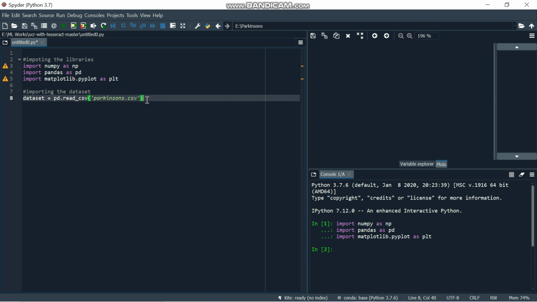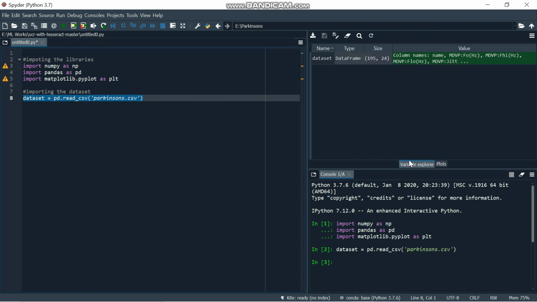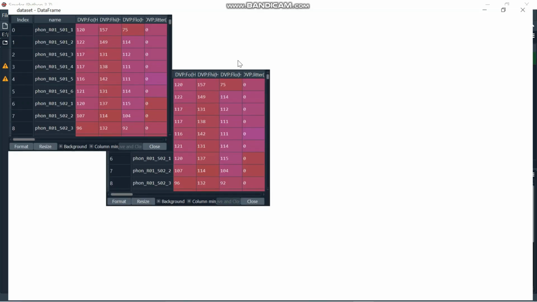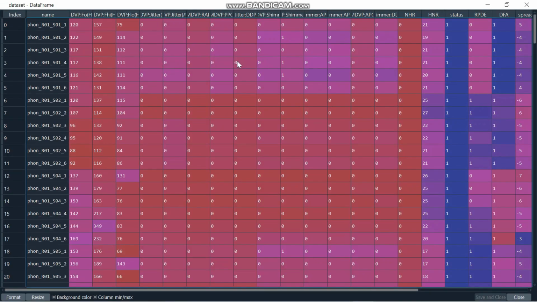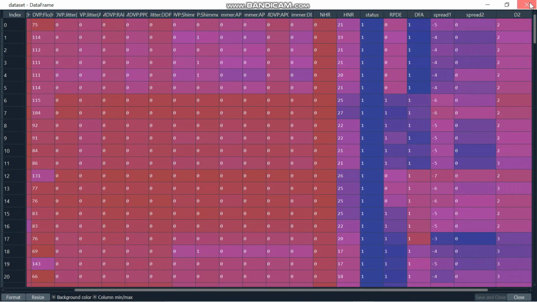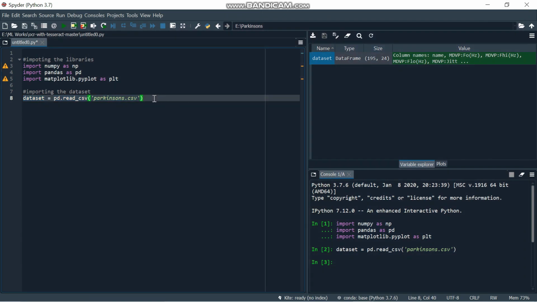Okay, now let's run. In the variable explorer, yes, this is the dataset. This contains the various features about the cell and also the status, whether it is Parkinson's positive or